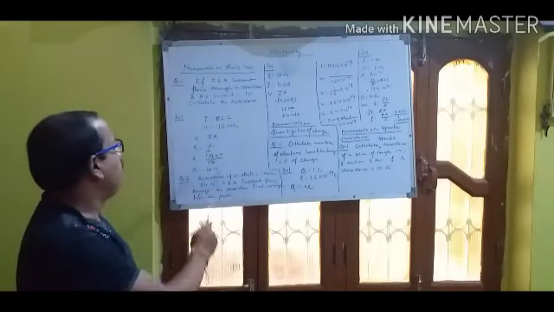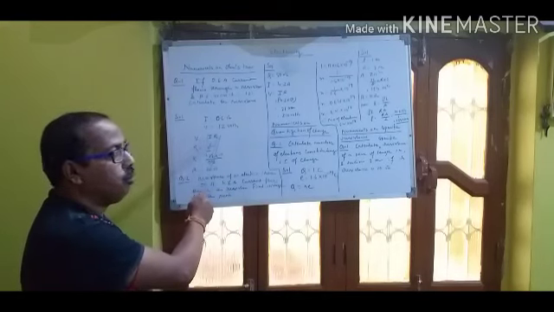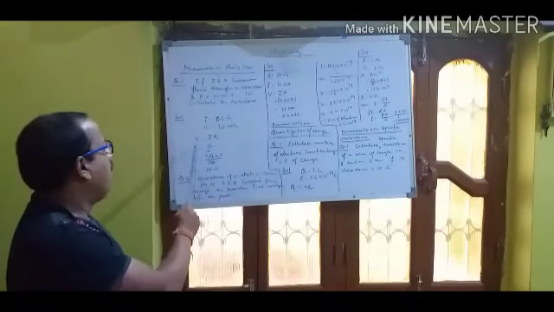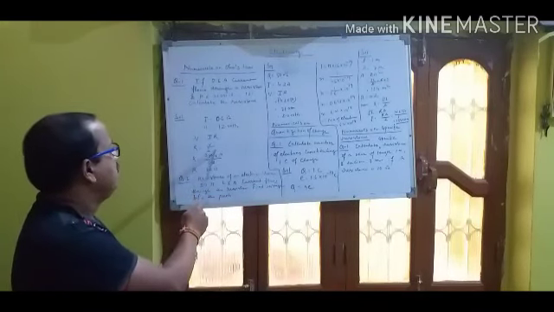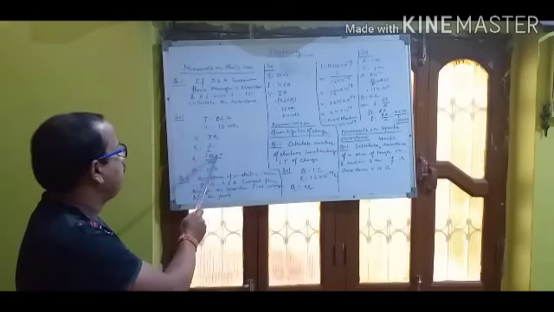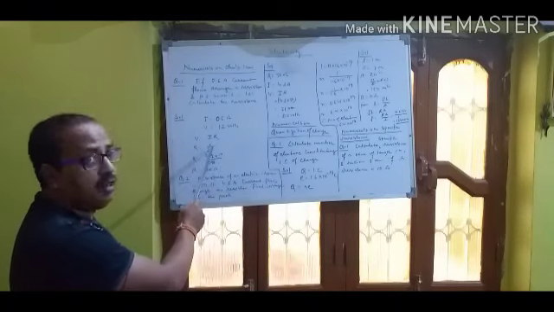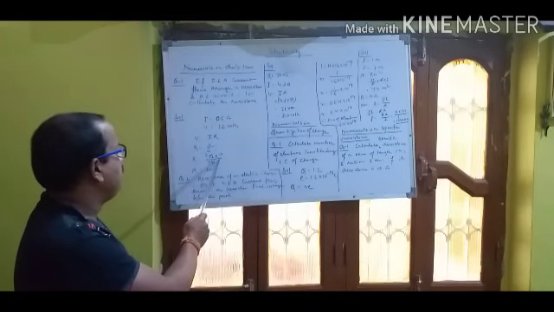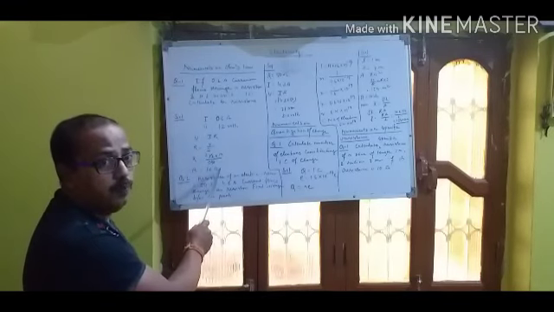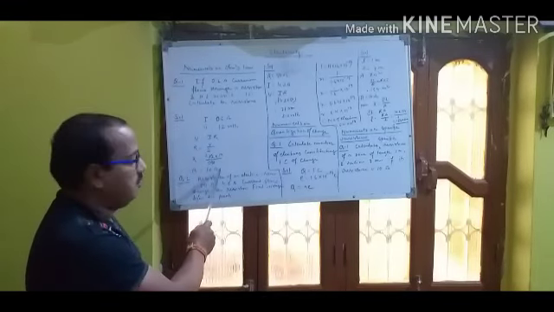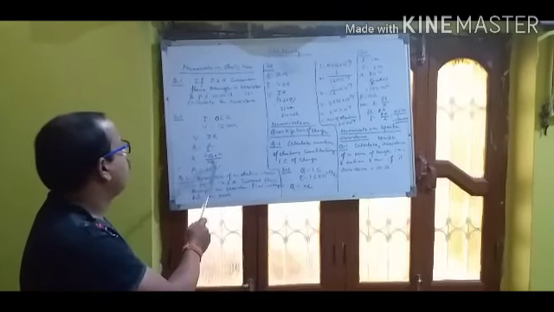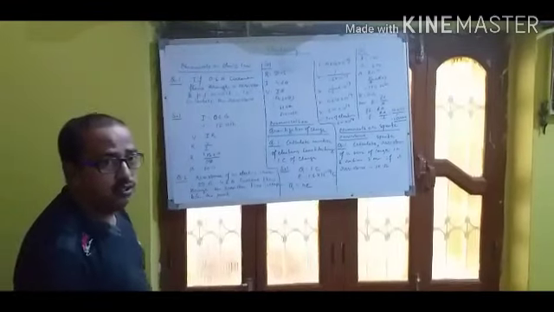Now by Ohm's law we get V is equal to IR. Now R is equal to V by I. So in the place of V you write the value of V, that is 12, by value of current 0.6 ampere, calculate it and you get the result R equal to 20 ohm. So resistance of the conductor is 20 ohm. This is your first question.